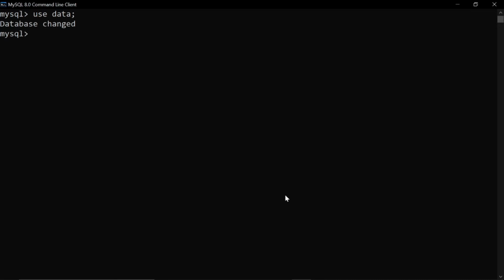So here I am creating a table. I have created a table and these are the columns. Now suppose I want that if I am not inserting any value for my amount, then it should give me 0.